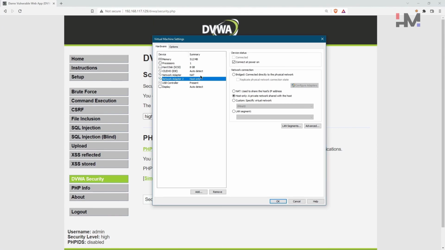And if you want to access the same lab in a different computer, or let's say you have your old computer and you install this lab on your old computer and want to access that from a different computer, then you can go for a bridge connection which will replace the physical network, and if both the computers are connected on the same LAN, then you can access this lab in a different computer as well,